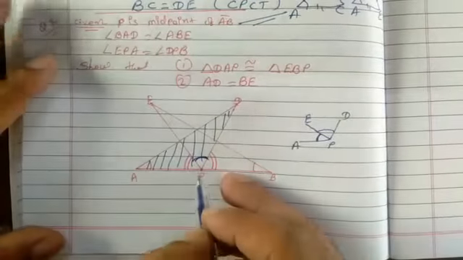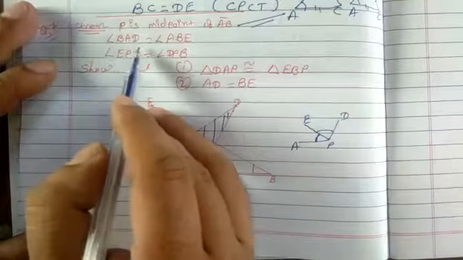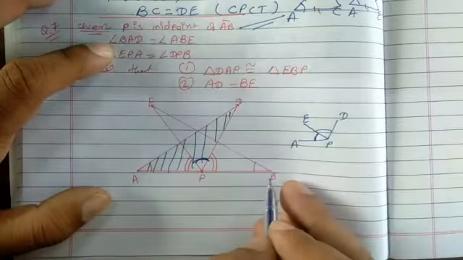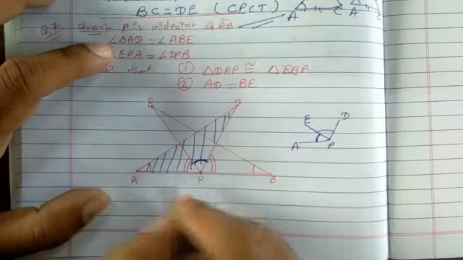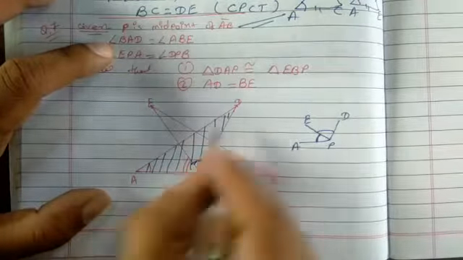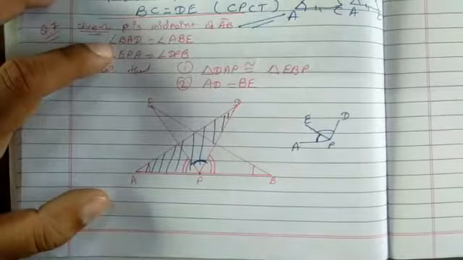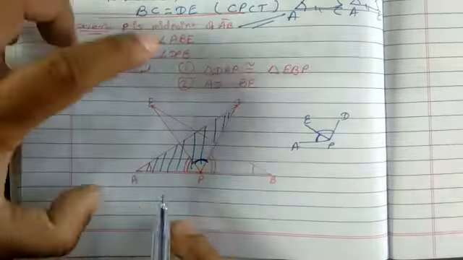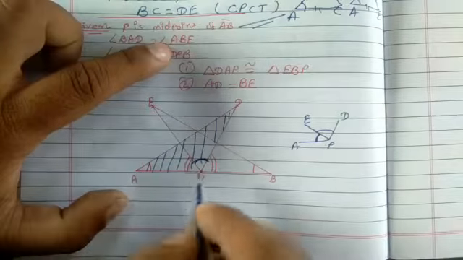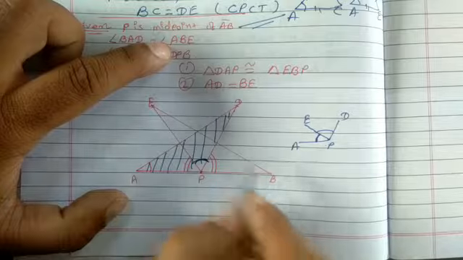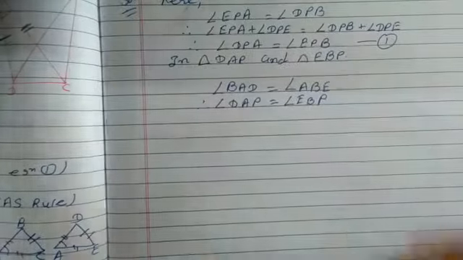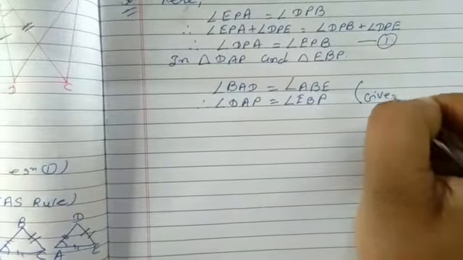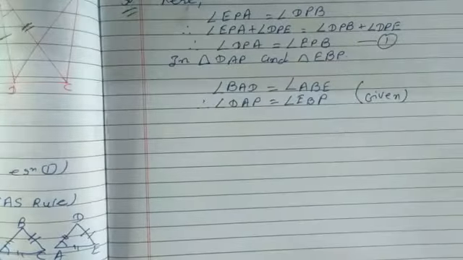Look at here, because P is a midpoint, okay, we have BAD. Look at here, BAD. So I also write here PAD. Am I right? BAD is equal to PAD. And similarly, look at here, second thing is ABE. So I again write it PBE. Am I right? So both are same. So this is our given. Okay, first condition over.